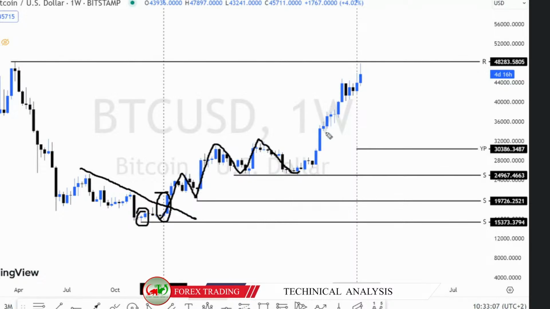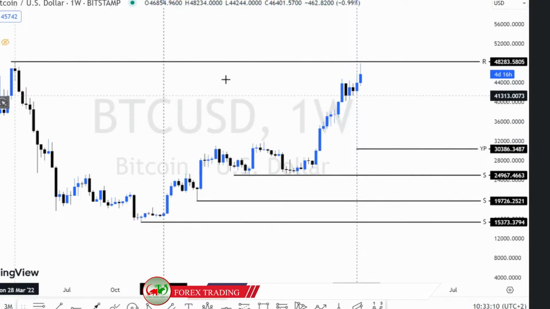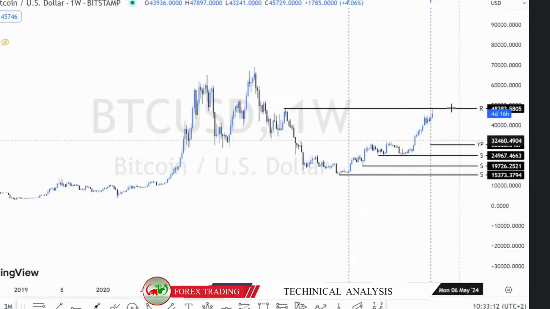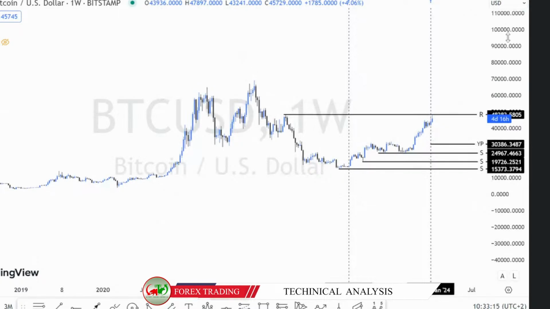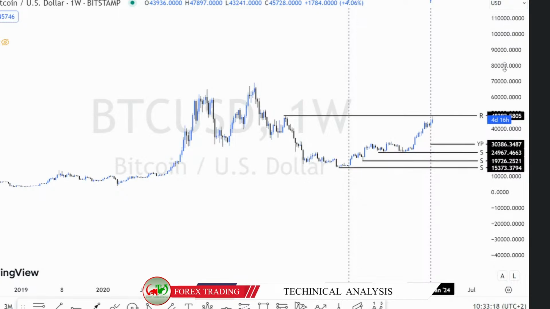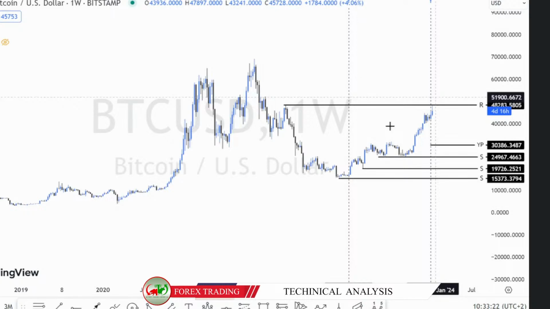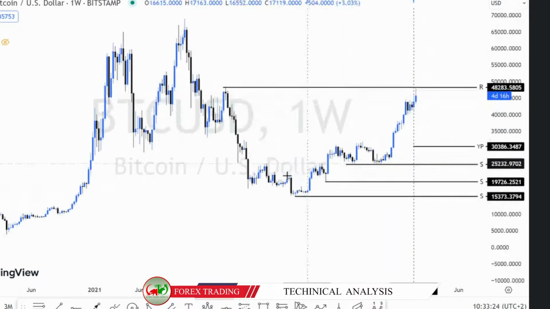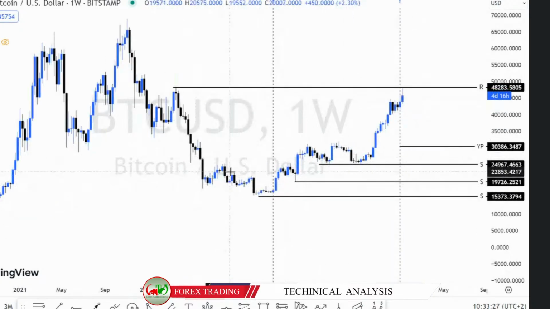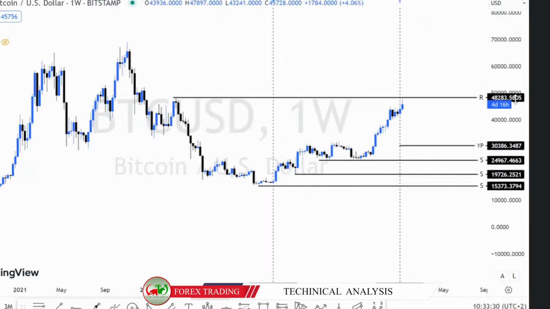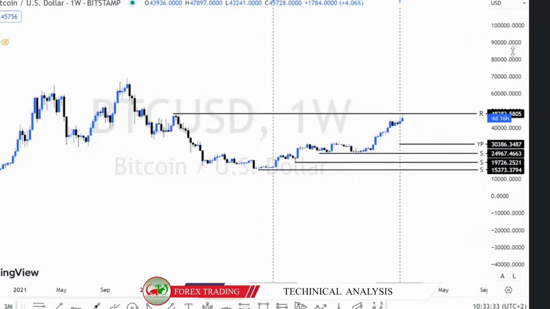And if you remember well, our prediction, looking at the higher time frame, is that Bitcoin is going to test at least the $100,000 high. That was our prediction. In 2022, our prediction was that if we get a new uptrend here, we could see Bitcoin going all the way to 100, 120